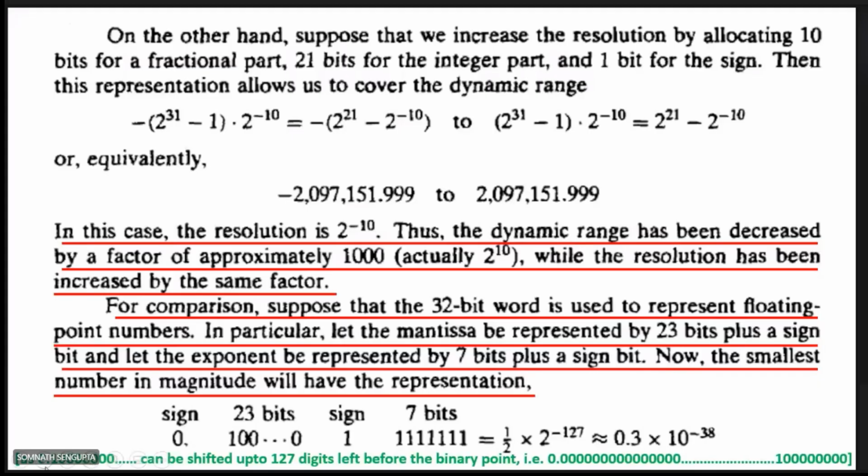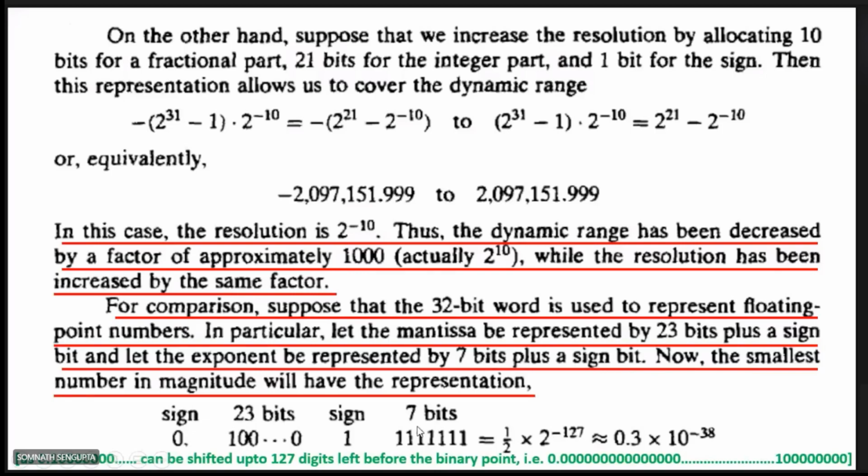To get the lowest number out of that, what do we have to do? We have to shift the binary point left. So you see, I have written in the green line that there will be many zeros prior to the number 1. If you want to get the smallest number in floating point,